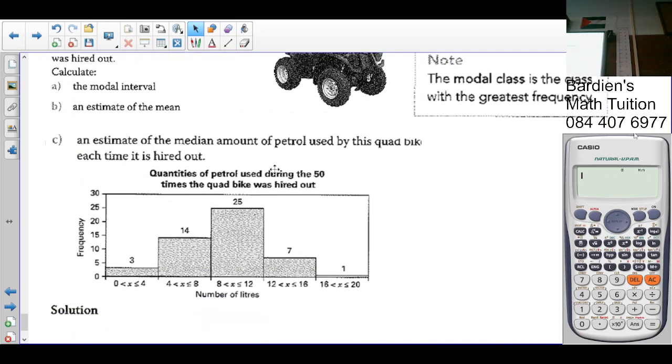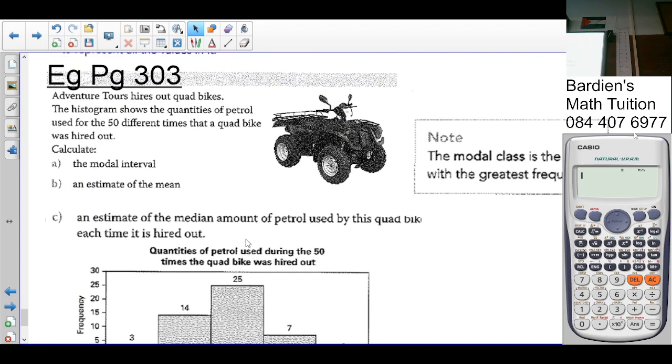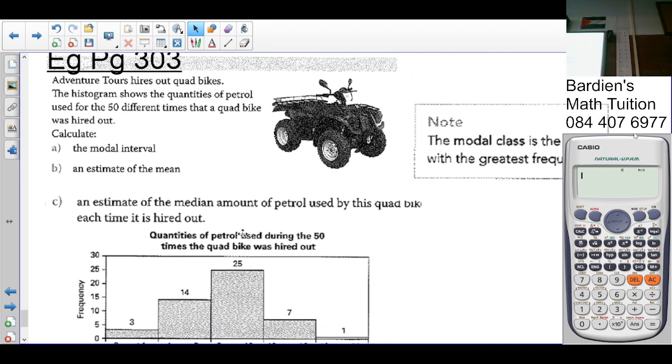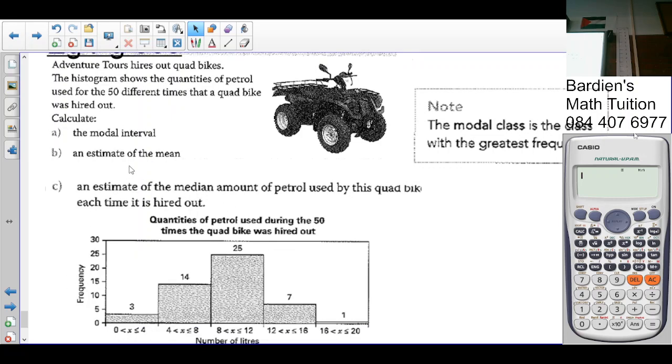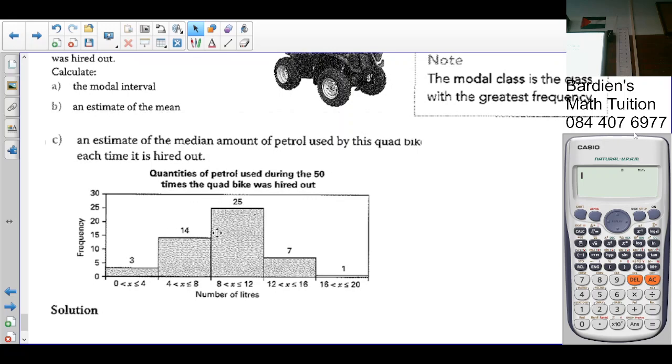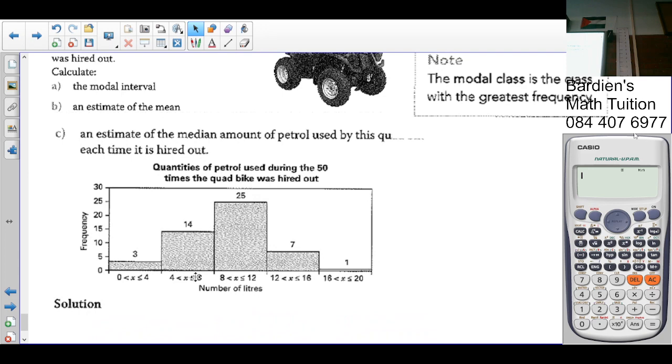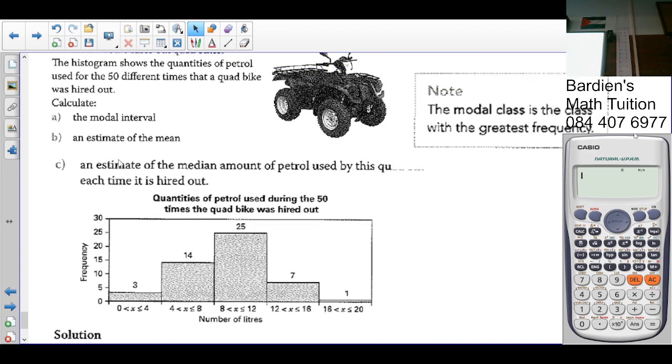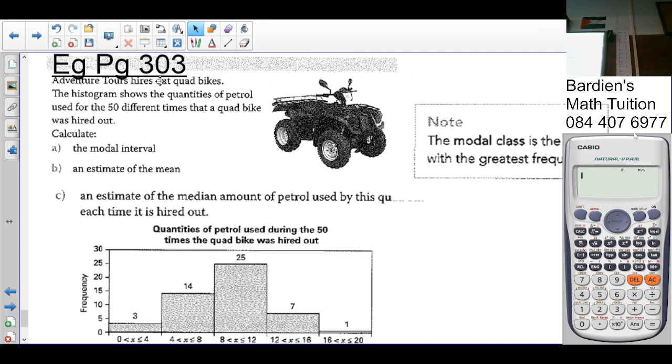So the histogram shows, I think in grade 9 we dealt with histograms. No? We sketched histograms. Okay? So in grade 9 we sketched this already. So now we are asked with regards to this. Okay. So the first question was